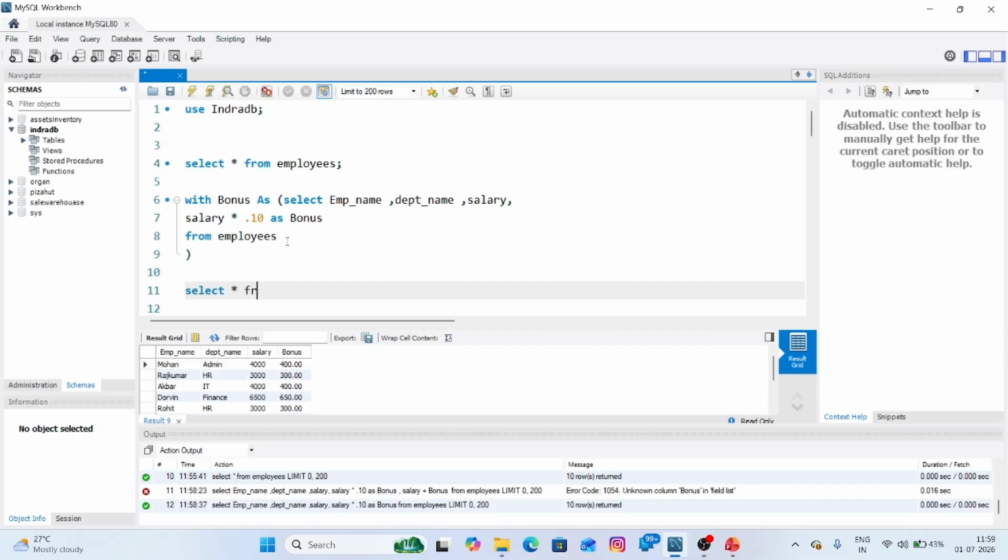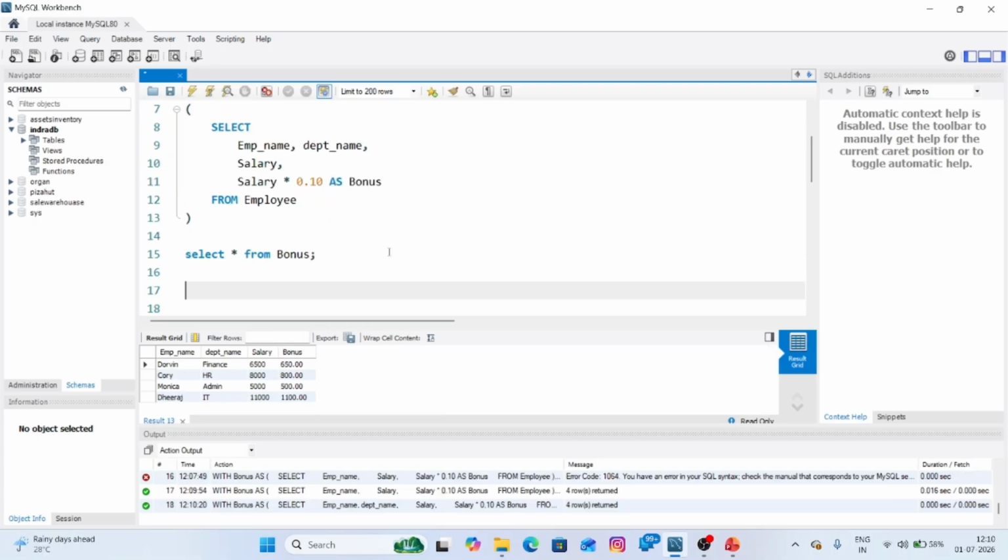I hope you're getting this. This is the advantage, and this is the flexibility. Now I'm going to add some taxes, and I'm going to add this bonus into the next salary. So I'm going to add two more columns: one is tax and another is the final salary. So let's see how to optimize your query.